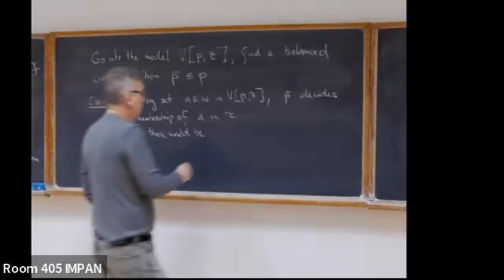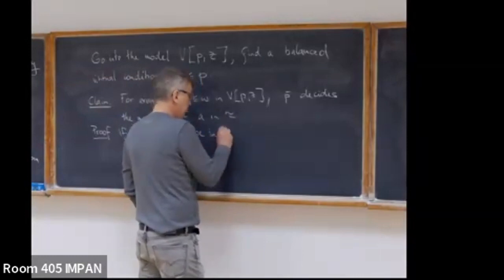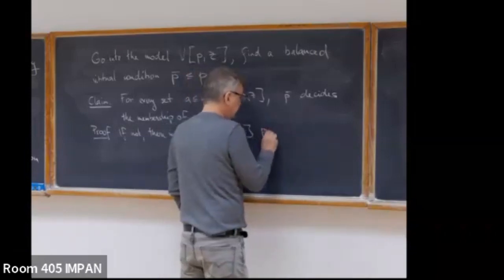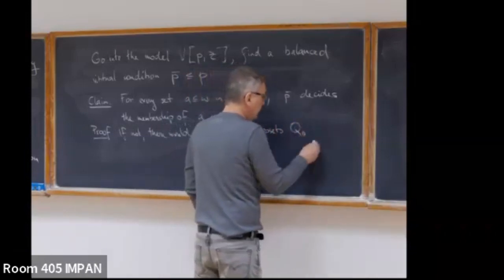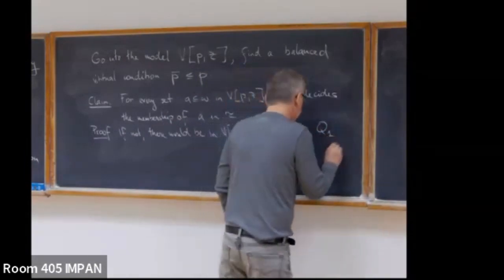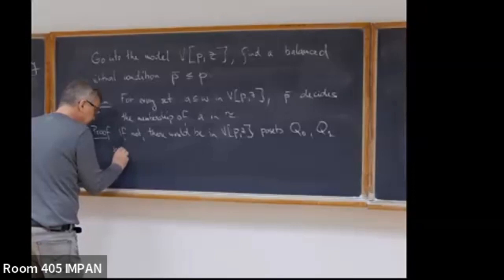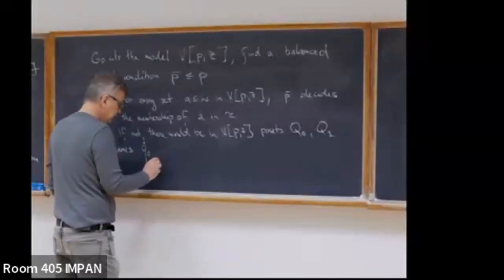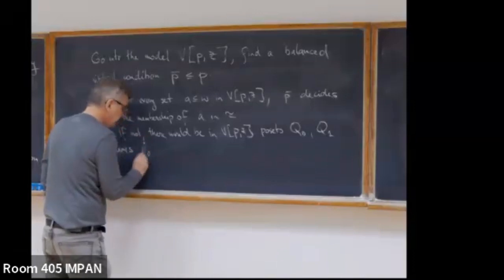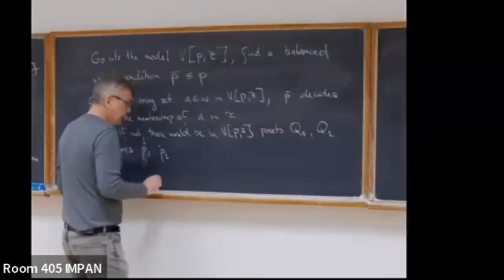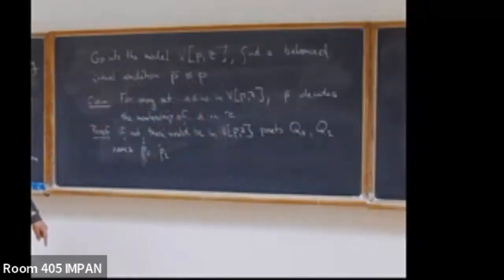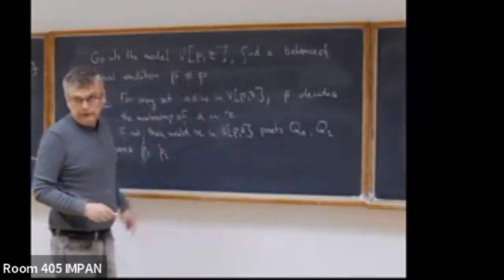So there will be in VPZ both sets Q0, Q1, and their respective names, dot Q0 and dot Q1, in the code set for conditions in capital P, which are stronger than the virtual condition,